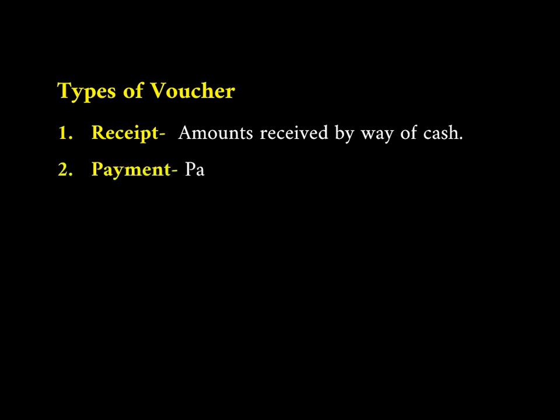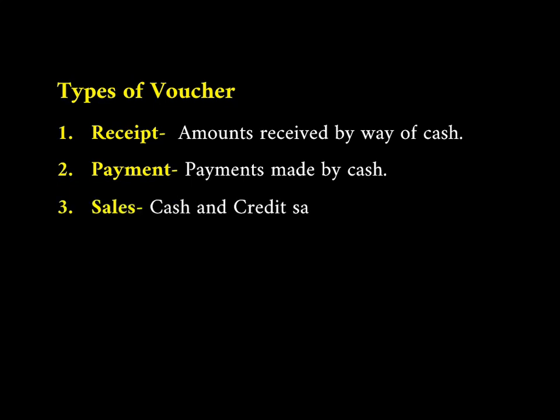When are you going to make a payment voucher? You make a payment voucher when you make a payment for any goods, payment made by cash. Whenever the cash goes out, you are going to make a payment. For example, if you paid salary, then salary account debit to cash, so here you are going to select the payment voucher. Or if you paid house rent, then you are going to make a payment voucher. So rent account debit to cash account, here cash goes out, so at that time you are going to make a payment voucher. The next voucher is sales vouchers.